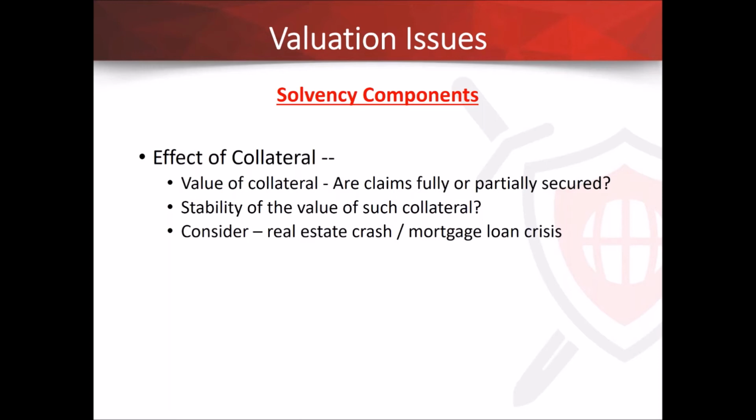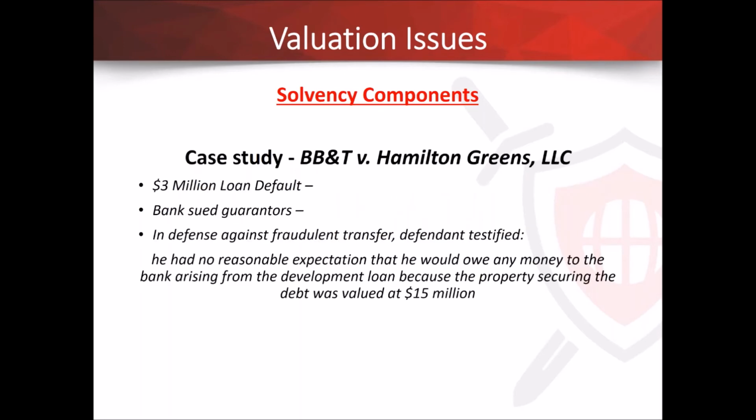And we have a case that gives us an example of that. It's a pretty recent case, on a pretty common but large scale. It's a large exposure, and it's a very interesting fact pattern. Do you want to give the background on this? This is a 2016 decision. It's a case that's been going on for a while. BB&T v. Hamilton Greens was an interesting 2014 decision, and then this one's out of 2016, on the same case. It's really several decisions in the same case.